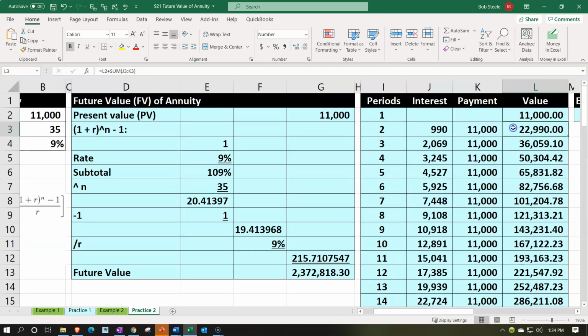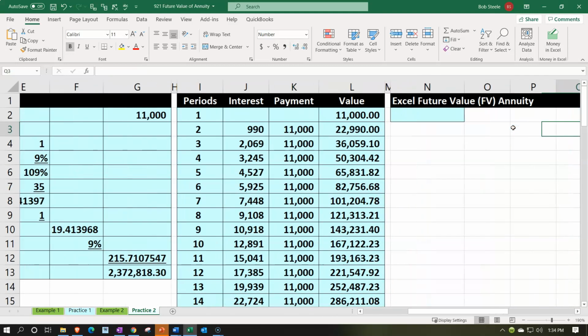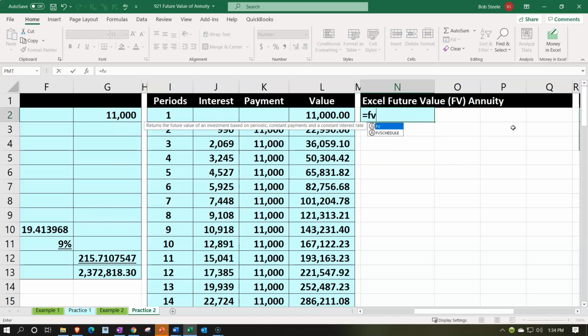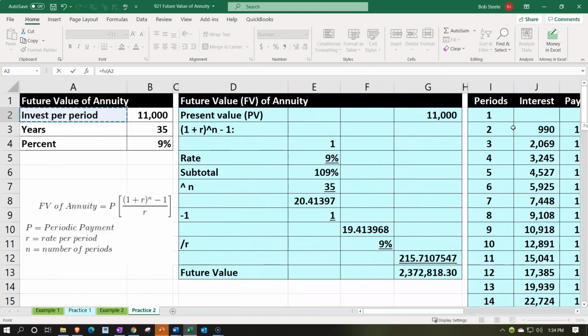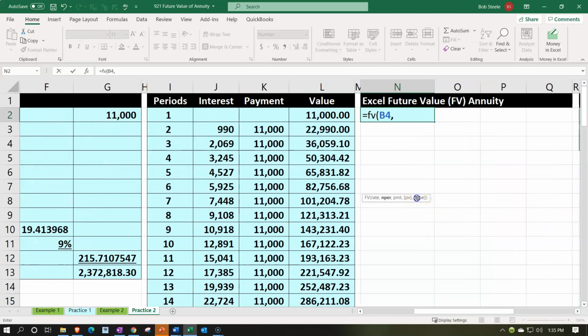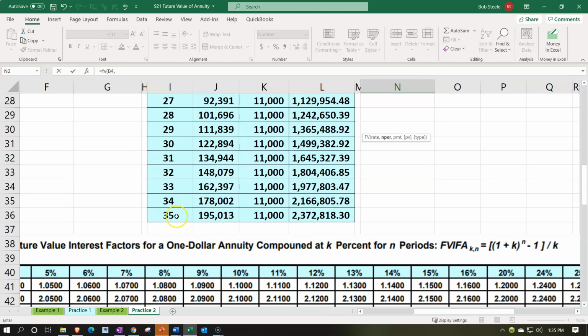All right. So now let's do it with Excel, the magic way. This is how you do it if you're like a magician. This is going to be equal to the future value, brackets, the rate. And remember, pick up the rate that's applicable to what you're dealing with. We're doing years, so we don't have to do anything funny like dividing by 12. And then comma, the next thing according to this dialog box is the number of periods, which I'll pick up down here this time. There's 35 periods,